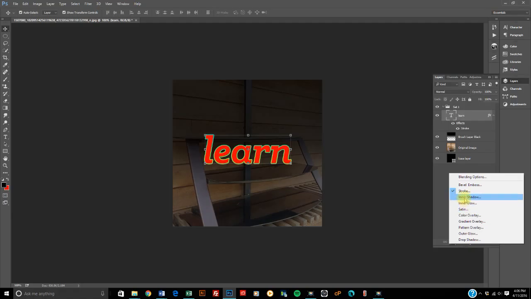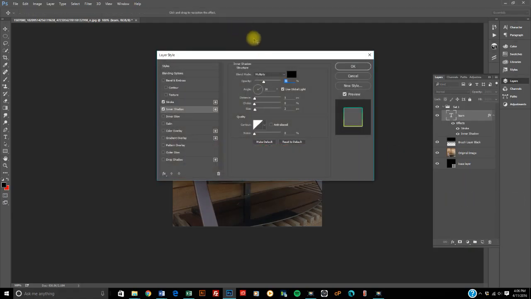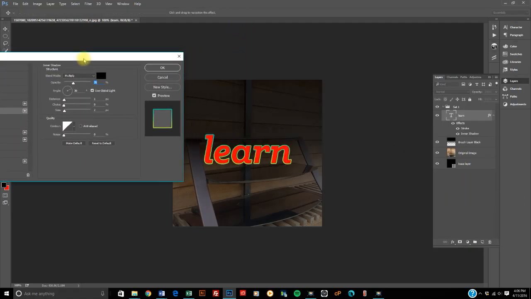Then we have inner shadow, which means if I want an inner shadow, I have distance, choke, size, and opacity. So let's move this down to 100%. And you can see that inner shadow starting to come about. So it actually starts to look 3D, like this stroke is coming up above that. If I change this distance to about right there,